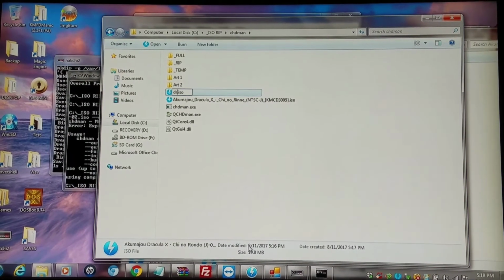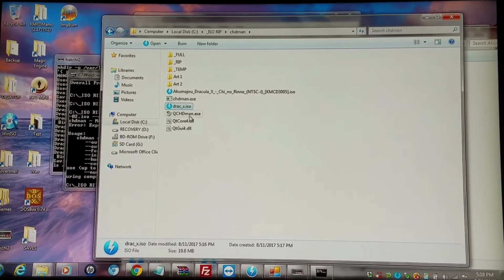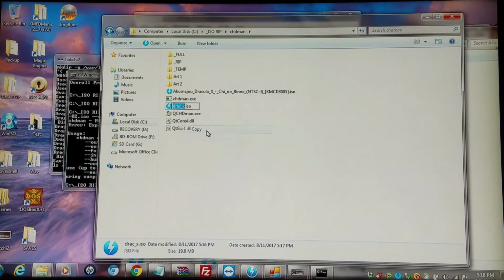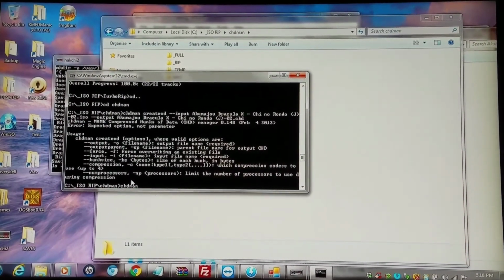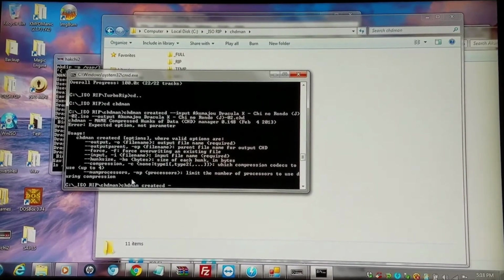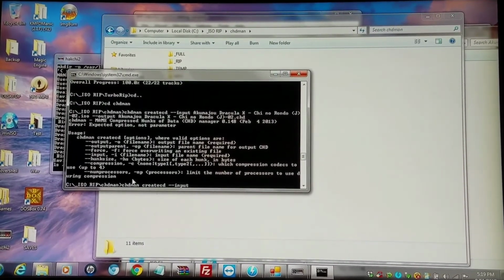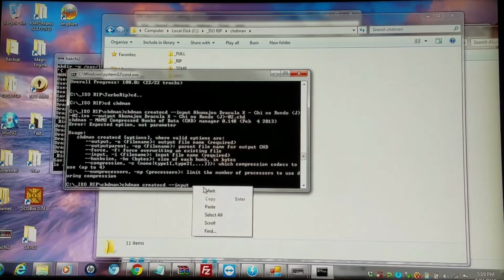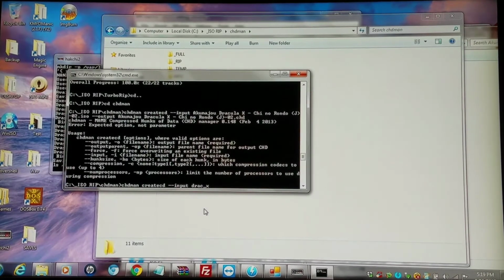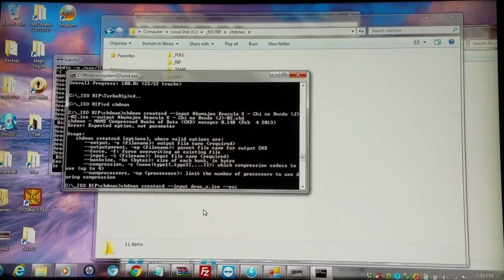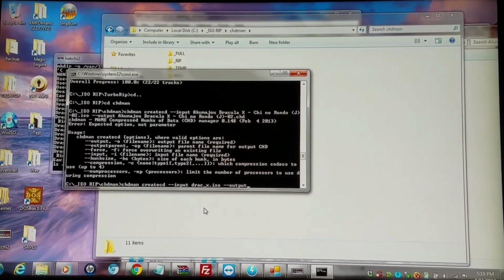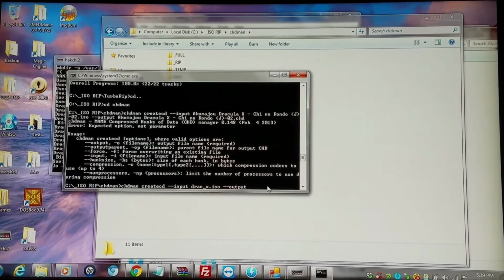I'll just do Dracx for now with an underscore. And I'm going to do the exact same command in CHD Man. So CHD Man I'm going to pull up, create CD, input, and this will basically account for the spaces with underscores now. It's an ISO, output,